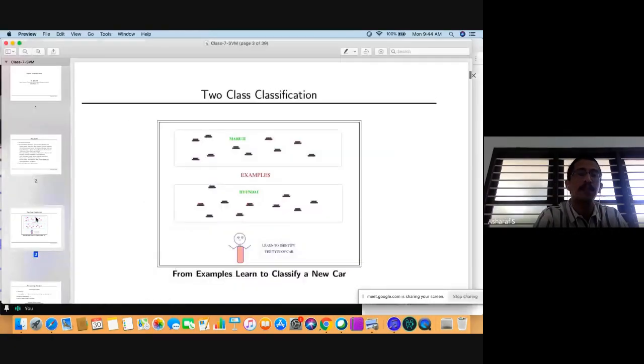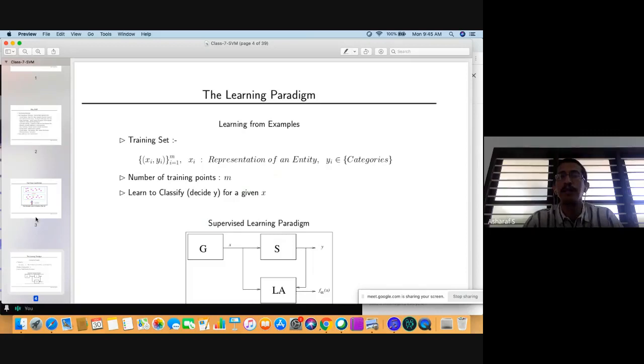Let's start with a recap of what we have seen earlier. So this is a two-class classification problem. Our agenda is to train the machine in such a way that it can classify any given new point to either of these classes, either as class 1 or class 2. So we have given the Maruti infantile case over here. Formally, this will be the learning paradigm. The problem in hand will be posed as